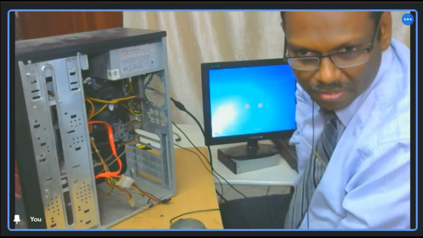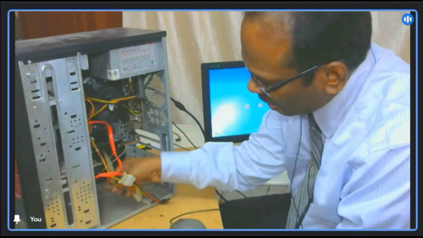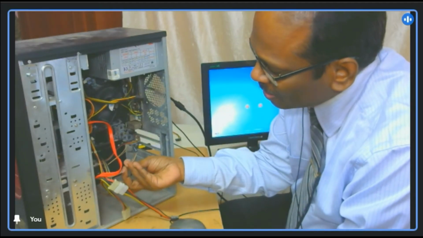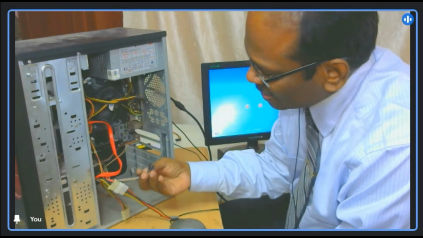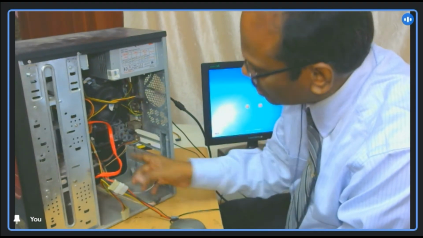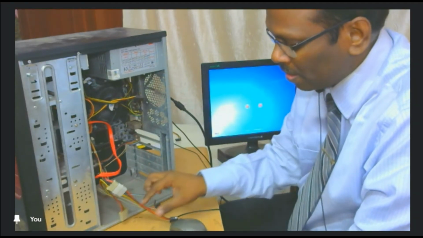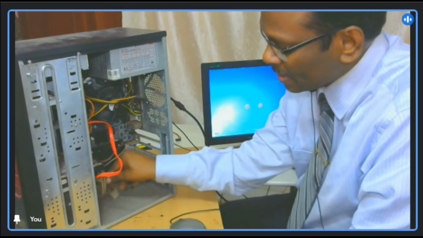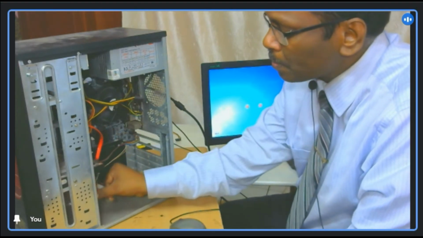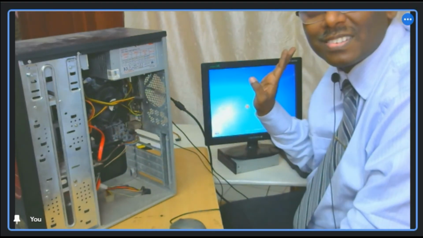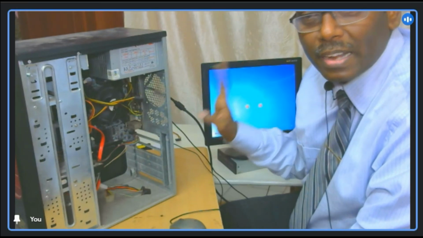Absolutely. There are many wires which are there. I have not connected all these things like LED, reset switch. I have connected only one switch, that is the power button. That is power on. So as of now, these things are finished. And last but not the least is close the cover once all these things are done.